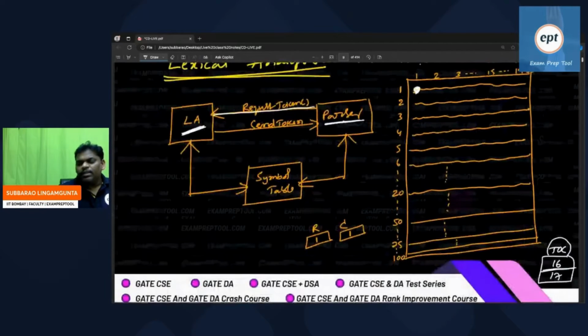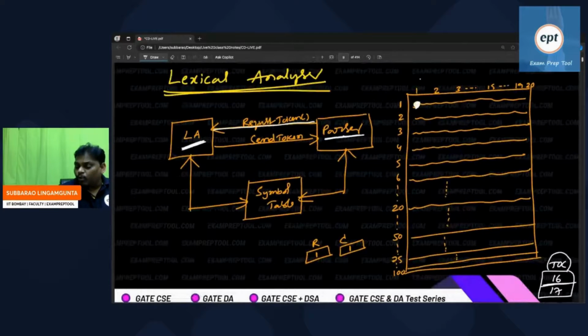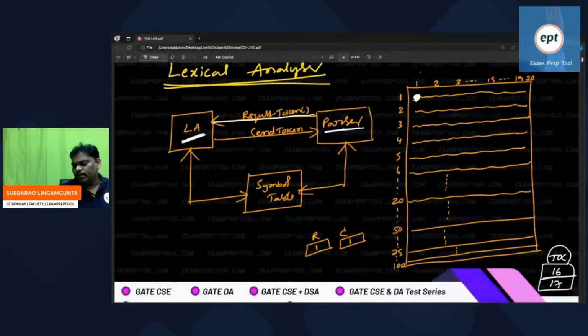Can you listen? In the program, who is available? The lexical analyzer is there in the program because we want to make tokens. The lexical analyzer is saying, I am ready for tokens. I am there at the first place, first row, first column. I don't make tokens directly. If the parser asks, I will make tokens.